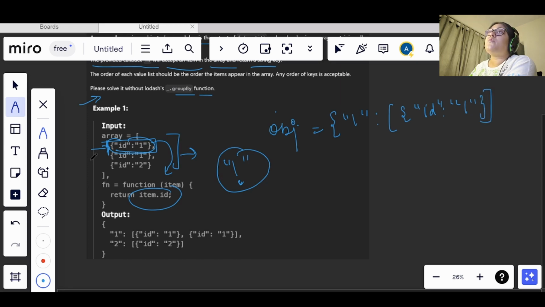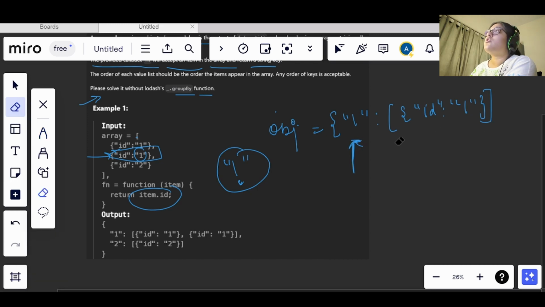Now when we move to the, this was 0th index, right? Now when we move on to the first index, we already have this key in our object, right? So when we already have a key in the object, what we need to do, we will simply add this element without inserting the key, right? We cannot duplicate the key, but we can add the value inside that, right? So we will push a new value inside this array. The new value will also be same only, so we will add this here.